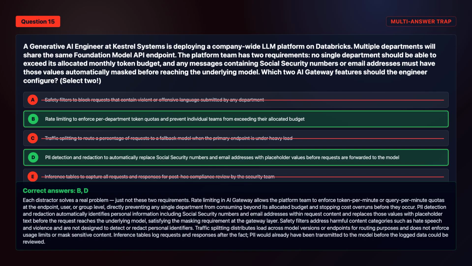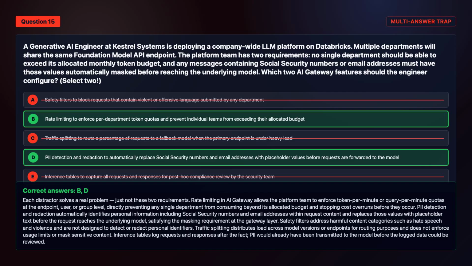The correct answers are option B and option D. Each distractor solves a real problem, just not these two requirements. Rate limiting in AI Gateway allows the platform team to enforce token per minute or query per minute quotas at the endpoint, user, or group level, directly preventing any single department from consuming beyond its allocated budget and stopping cost overruns before they occur. PII detection and redaction automatically identifies personal information including social security numbers and email addresses within request content, and replaces those values with placeholder text before the request reaches the underlying model, satisfying the masking requirement